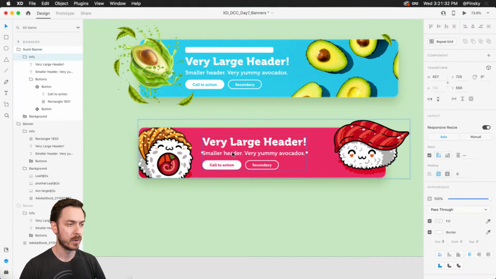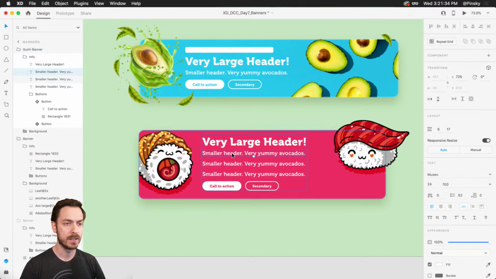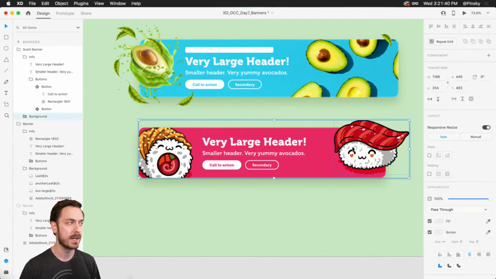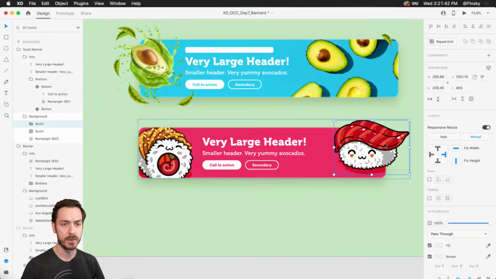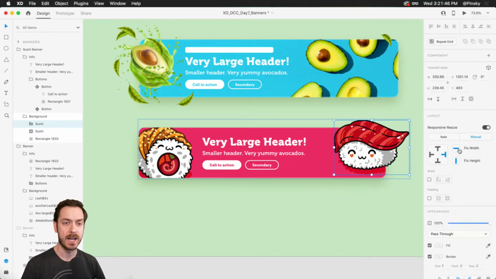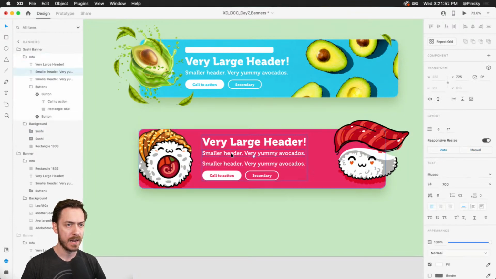And just like we did before, we can duplicate and things are going to move. Now, some things are going to move, right? Again, you may have to play around with responsive resize. So you can dive into, select this sushi right now. It's set to fixed width and fixed height. You can turn that off. Maybe you'll want it just fixed to the right-hand side. And as you would,